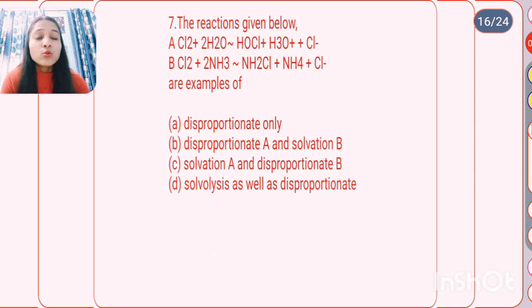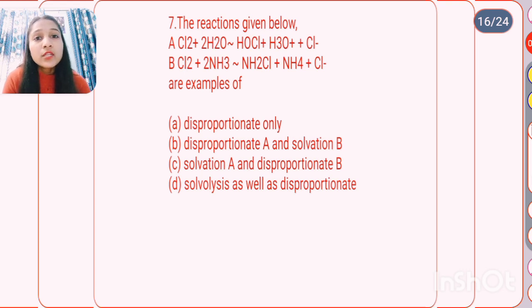So now we have question number 7. Two reactions are given, reaction A and reaction B. You have to tell whether these are examples of disproportionation and solvolysis. Basically, disproportionation is a reaction in which oxidation and reduction take place in the same reaction, and solvation is where